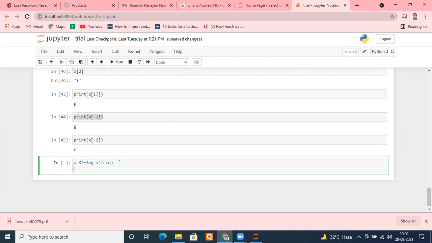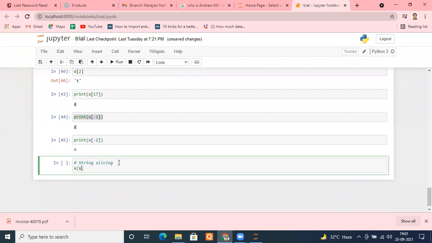Instead of accessing individual elements, now I want to access a group of elements. Instead of accessing a single element of a string, I want a slice of the string, meaning a group of elements from the string. How can we do that? Suppose I'm using X again. What is the way to get the slice of the string?